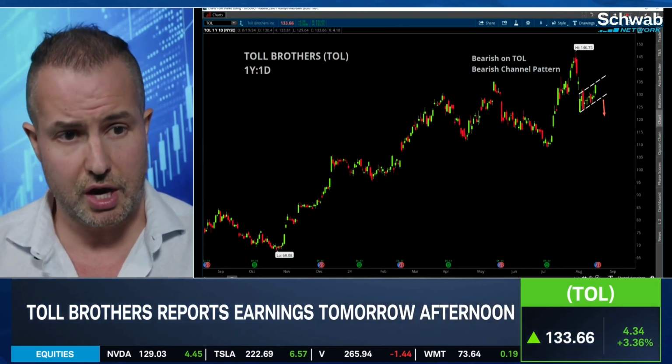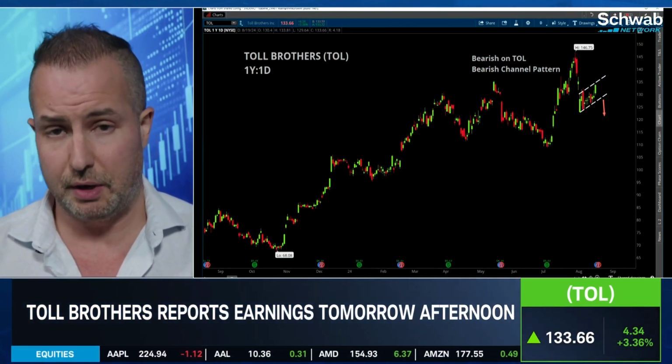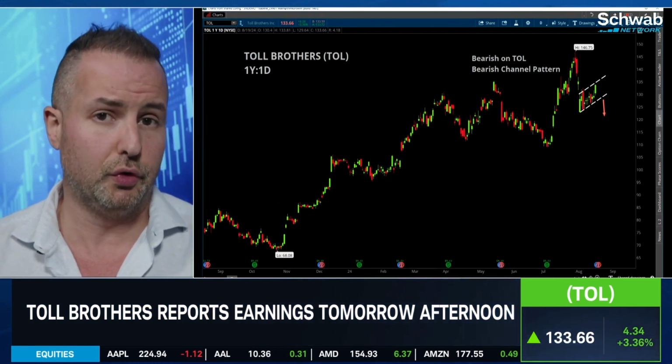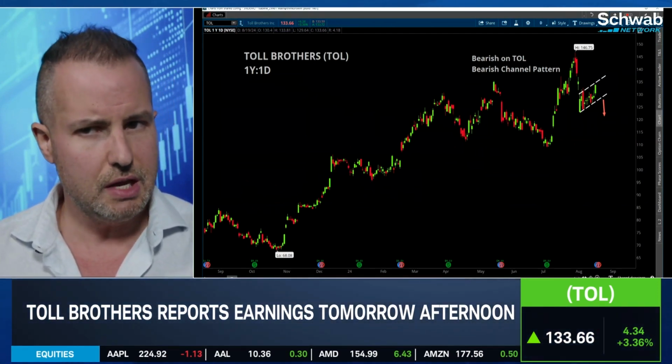Yeah, so the Toll Brothers chart's actually pretty bearish as I'm glancing over to it. You have this what's called an inside bar parallel bearish channel forming. And generally when you see these after a sharp drop and you get these bear flags to form, it signals further downside. I also think that meshes with some of the macro narratives